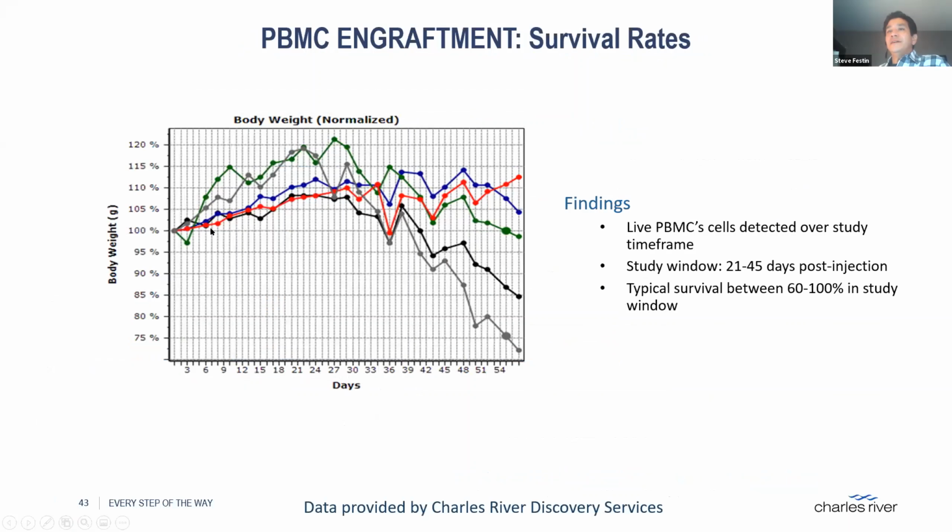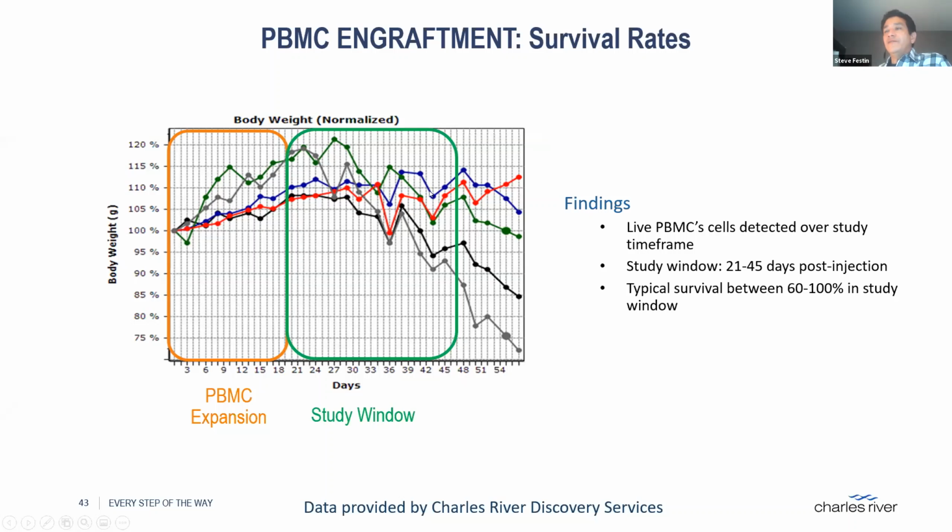And then this is a graph looking at body weight versus the days. As I mentioned earlier, part of what we were trying to do, and I strongly recommend this if you're setting these studies up, is to screen a number of donors and look at different cell numbers. So you can identify, and I just showed you the PBMC expansion and the CD45 cells, and we were targeting this study window where we have survival of the animals. And in this case, through the course of the full study, we actually had 60% of them make